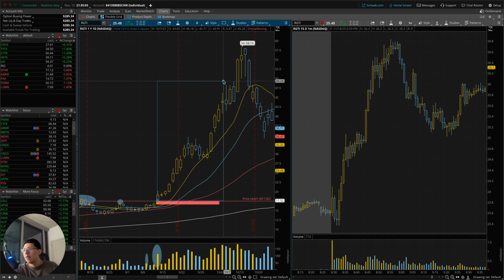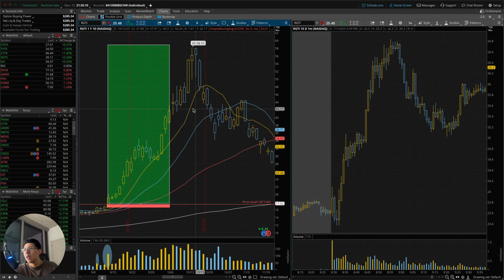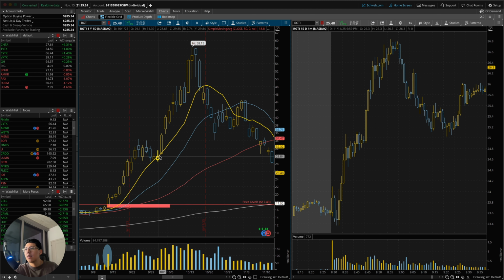But just looking at the overview of this trade, this was a massive trade that I took, and I actually added more right here because we got some volume coming in, and on this day also I added some more because look at this volume. I think I added some more in these 2 days, but let's just see. Give me a second. There you go. Let's see if you would have added some more on this day.